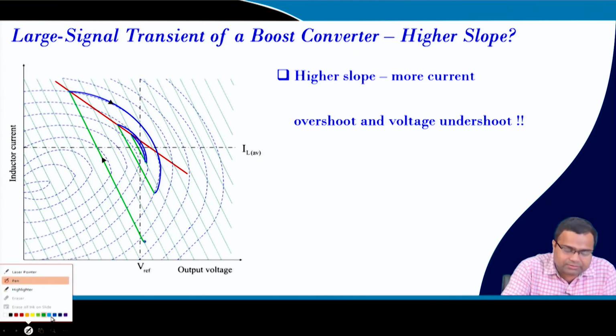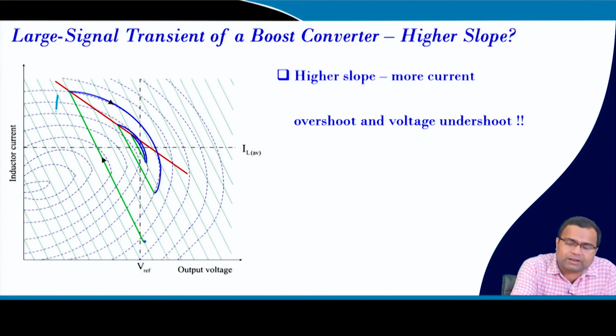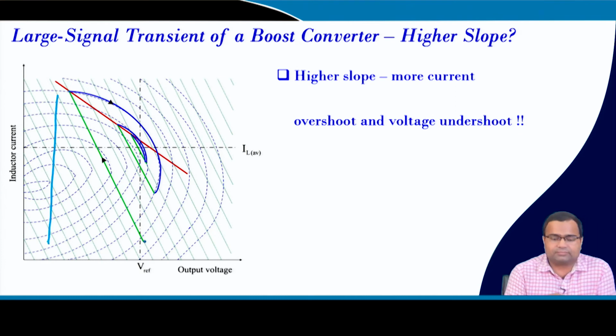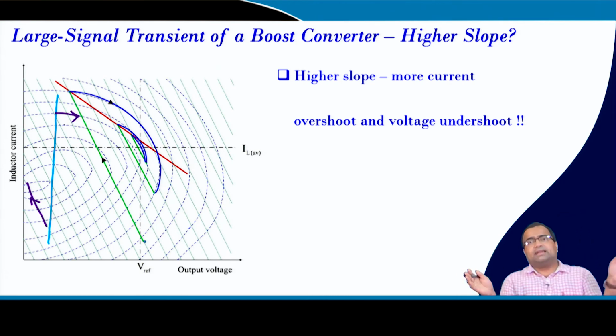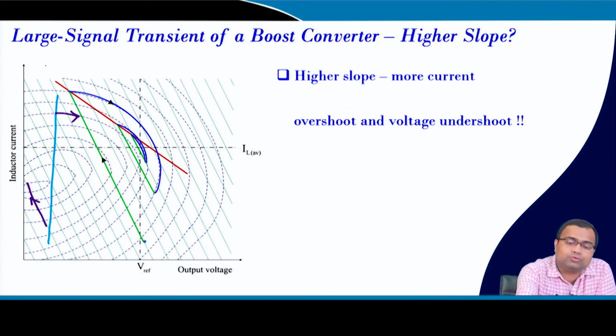So if I take the slope like this, on this side my on state trajectory is going away from it, and on this side my off state trajectory is going away. That means on either side the trajectories are going away. So, this will lead to our rejective region,